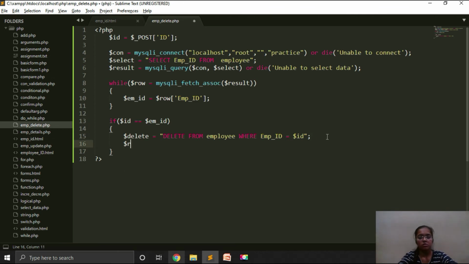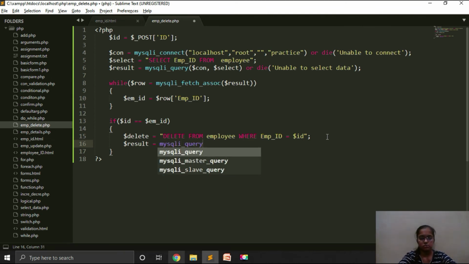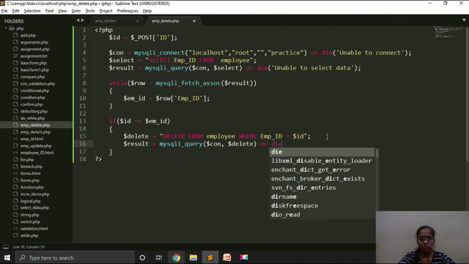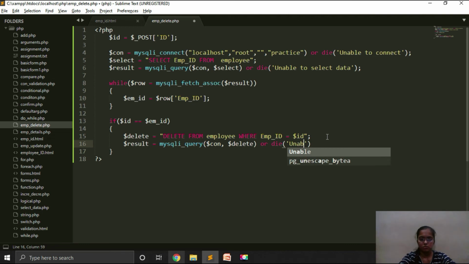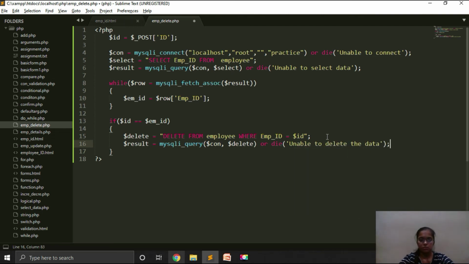Now fire the delete query. The query will be fired using mysqli_query.